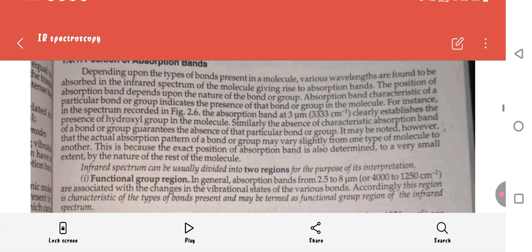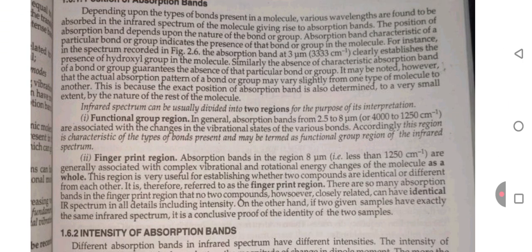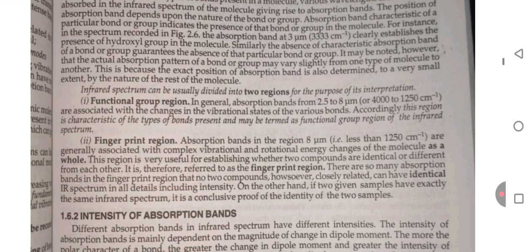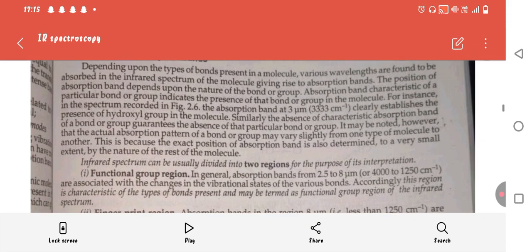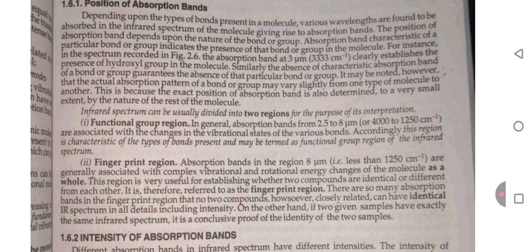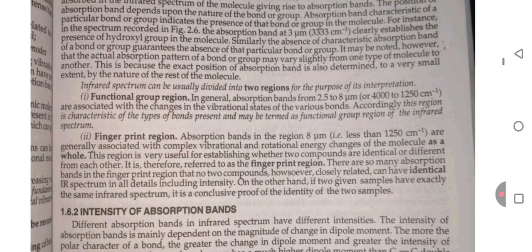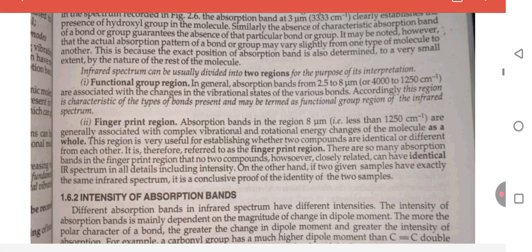Position and intensity of band. Depending upon the type of bond present in a molecule, various wavelengths are found to be absorbed in the infrared spectrum of the molecule, giving rise to absorption bands. The position of a particular bond or group indicates the presence of that bond or group in the molecule. For instance, in the spectrum recorded, the absorption band at 3 µm clearly establishes the presence of a hydroxyl group in the molecule. Similarly, the absence of the characteristic absorption band